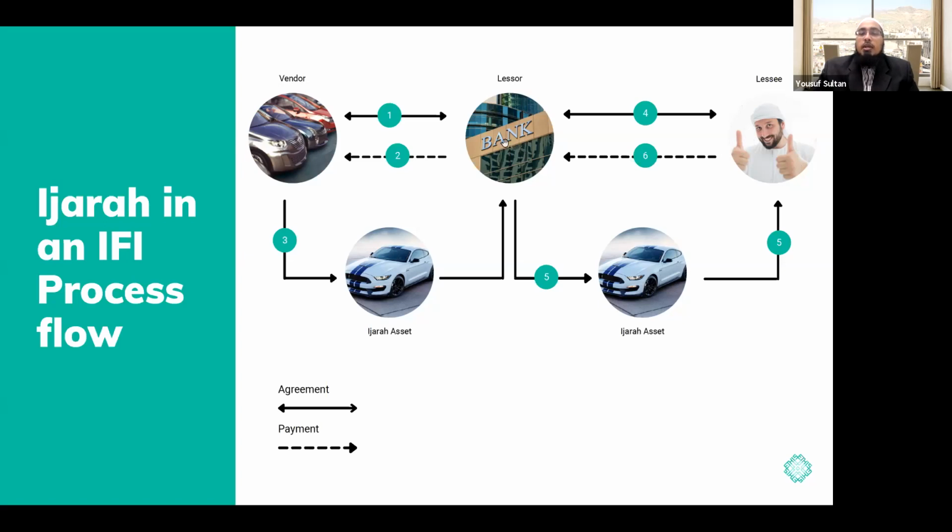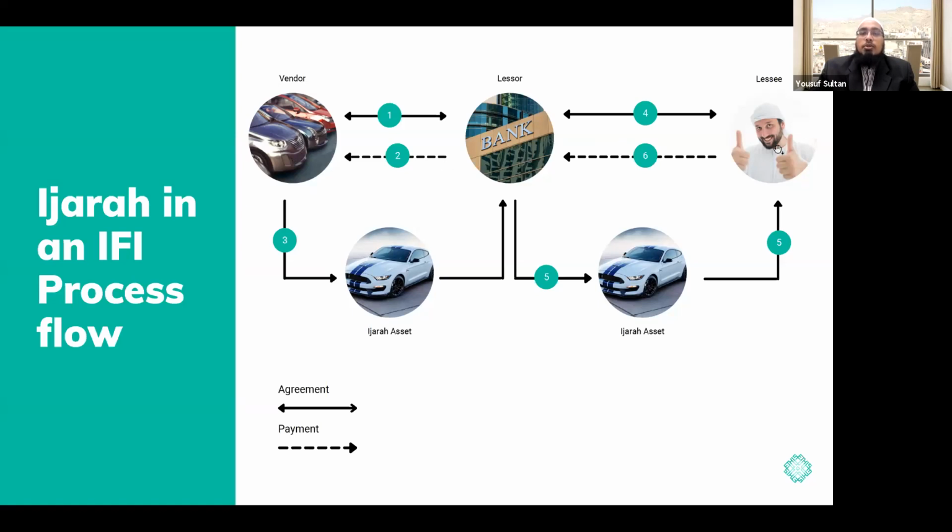Now, this is very basic, but it could be customized a bit. For example, what happens in practice for many banks is that the bank would basically appoint the lessee himself to be the agent of the bank. We discussed a similar thing in Murabaha as well, if you recall, because in Murabaha it happens the same. The bank is supposed to procure the asset directly from the vendor, but in many cases in practice, they appoint the customer or the client as an agent for them to procure the asset from the vendor.